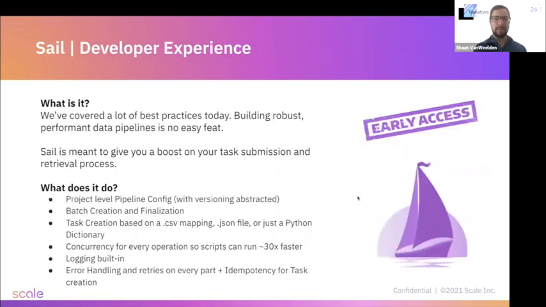Lastly, I want to give a preview about a new data pipeline starter kit that we are building. We're calling it SAIL. And while we've covered a lot of our best practices today, I think it's clear that building a robust, performant, duplicate-free data pipeline is no easy feat. SAIL is meant to provide a boost on the task submission and retrieval process by doing the project versioning for you, handling your batch creation and finalization, allowing you to very easily and flexibly point to what tasks you want,